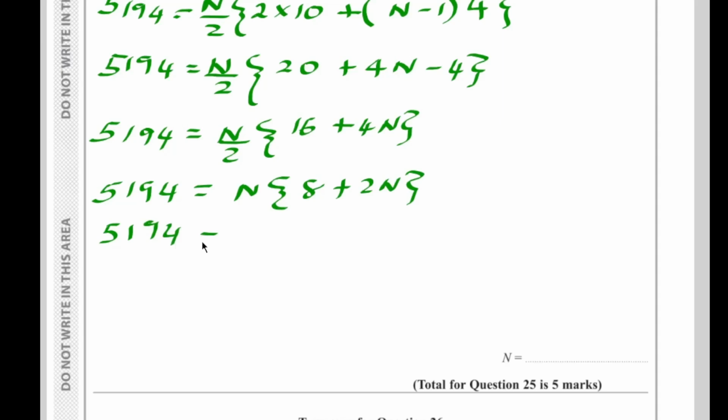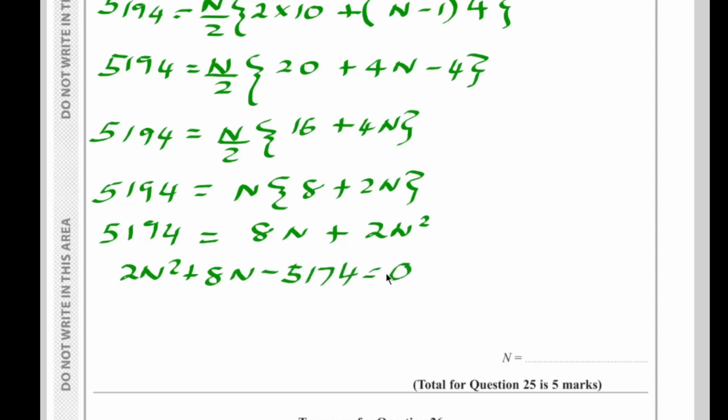5194 equals 8n plus 2n squared. Then we are getting an equation 2n squared plus 8n minus 5194 equals 0. I'm dividing this equation by 2, then n squared plus 4n minus, divide the one side,